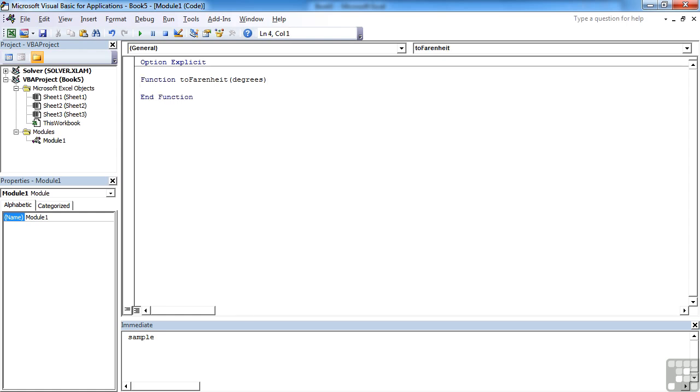And the VBA editor nicely puts an End Function at the end. So this is my encompassing code. Function, name of the function, any parameters in parentheses. I then need to carry out the work of the function. So I would like the 2Fahrenheit function to return a value which is the result of a given formula. Now that formula is 9 divided by 5 multiplied by the degrees value I'm passing into it, so degrees, plus